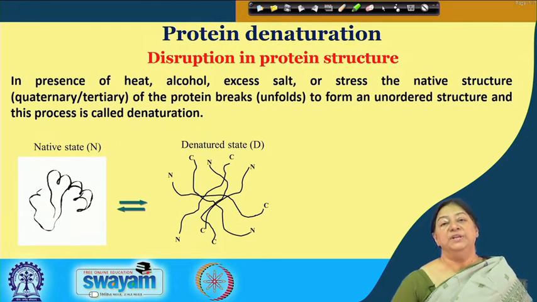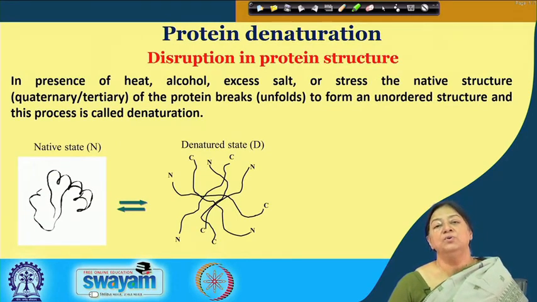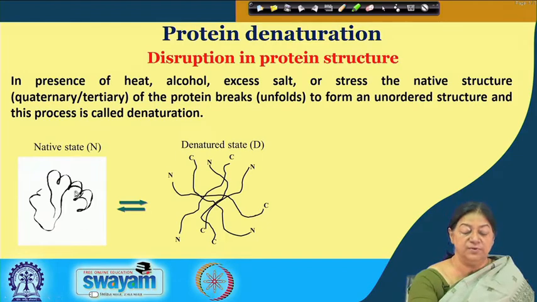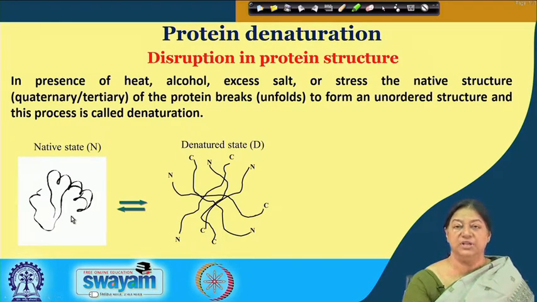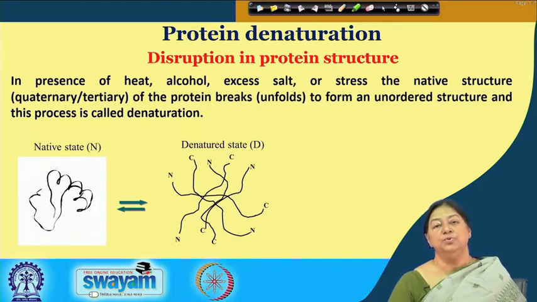When we look at protein denaturation, what do we mean? We mean that we are going to disrupt the protein structure. In this disruption, we are going to disrupt the forces that hold the protein together. So, if we have a native state of a protein and a denatured state of the protein, this is represented by N or D, and it is also represented by U, meaning the unfolded state of the protein. So, what we are going to do is disrupt the tertiary structure. And what do we mean by the disruption?